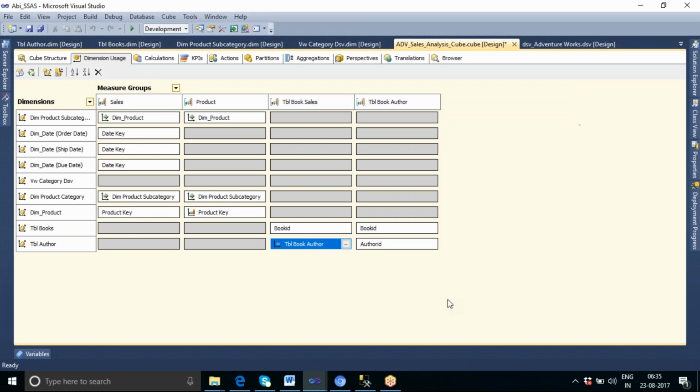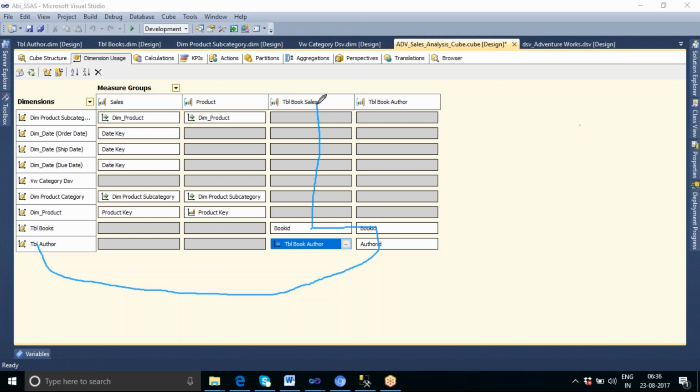Now what does that mean? If you want to get the author-wise sales, first let me join these two, table book author and the table author. These two get joined by author ID. So these two tables will get joined first using the author ID, and from that it will take the book ID, and again come back to the table books, take this book ID and get the sales amount.